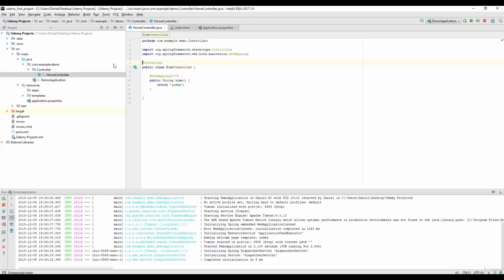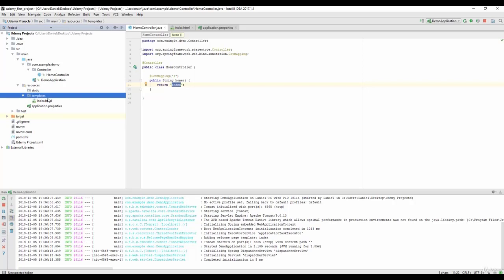Now, since we annotated this class as a controller, Spring understands that it needs to look in this class whenever it intercepts a route from the browser. And here it is. So this class contains the actual functionality that should be invoked whenever this route is entered in the browser. And you need a public String, because we're actually returning something called index. And index is